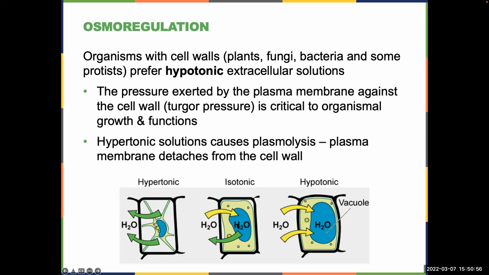Isotonic, though, you have the same amount of water coming in and leaving the cell under isotonic conditions. For a plant cell, this is not the preferred condition. And the reason for that